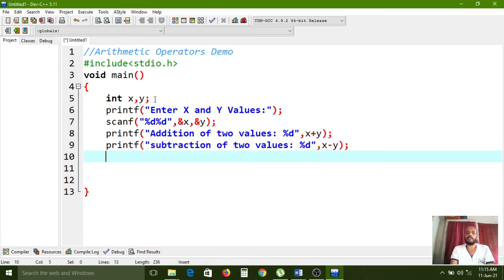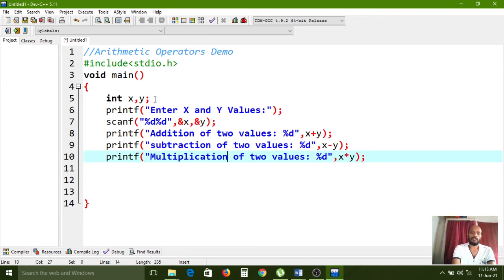So like that, we need to use 5 printf statements because we have 5 types of operations to do here. Instead of plus, I am using the star symbol, and instead of addition, I am changing the message to multiplication. Again, one more printf function.